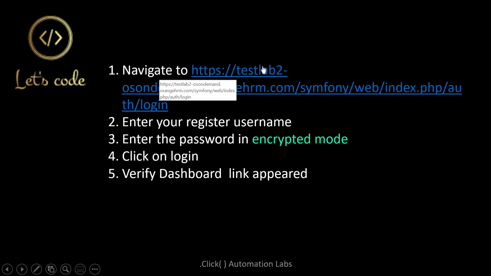I just registered in this Orange HRM site, with my username and password. You need to enter the username and enter the password in encrypted mode. So even if I type on the UI, you cannot know what I'm typing. Click on login and verify the Dashboard link is open, meaning login success or not. We need to verify. So let's see.